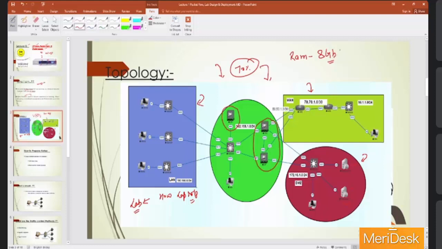Okay, at least a requirement is 8 GB. If you have bigger than this, it's good. If you have lower RAM value than 8 GB, then it will be problematic for you to build the lab. Otherwise, I will tell you how you can build your own lab and how you can create this topology on your laptop. All right,